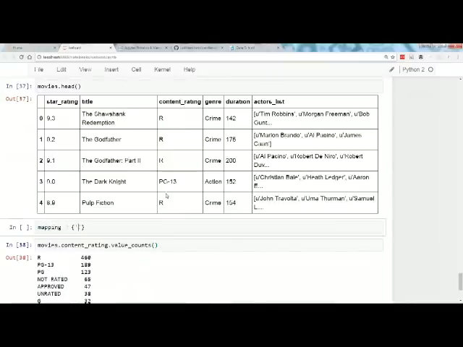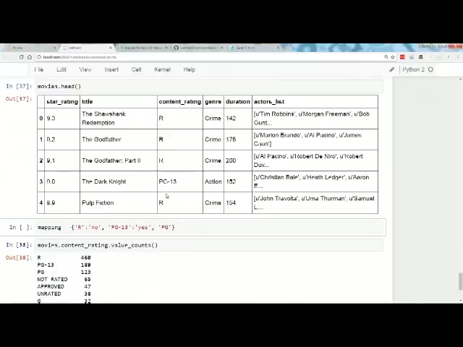If you have content rating R, I want to map that to no, no kids will be at this movie. If I have a content rating PG-13, yes, kids will be at this movie.